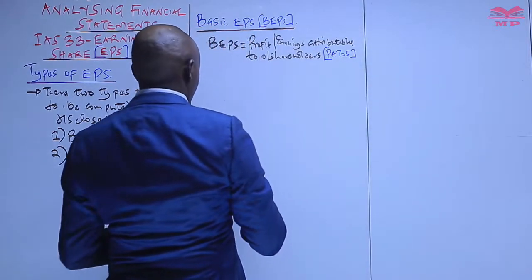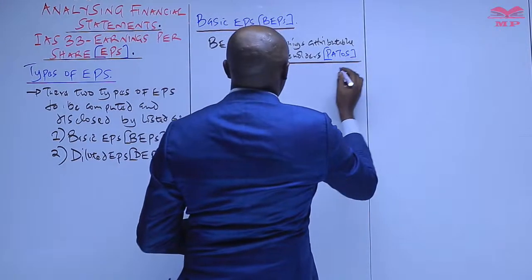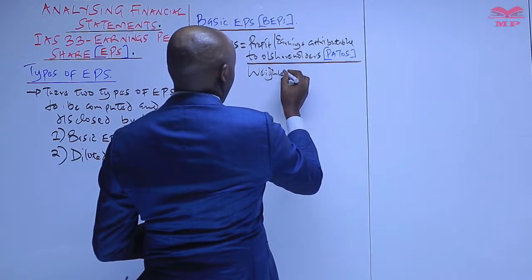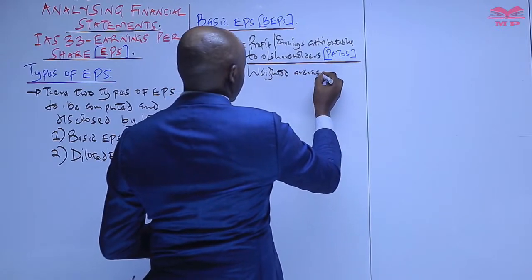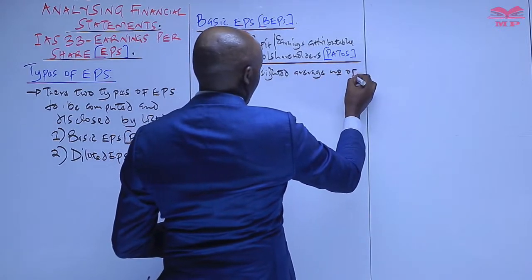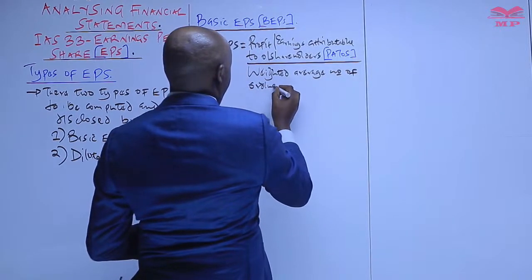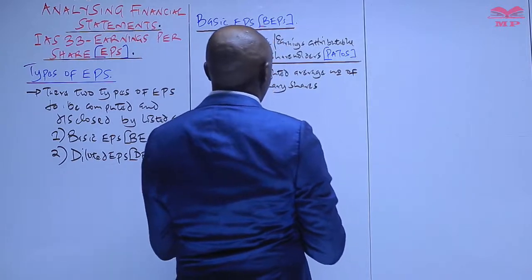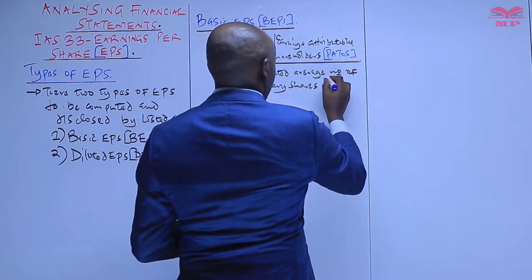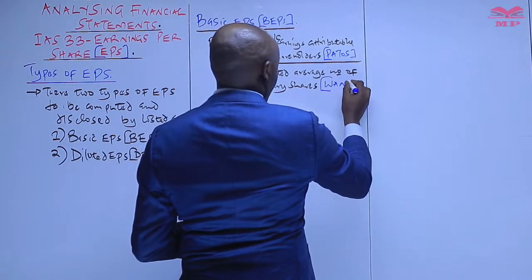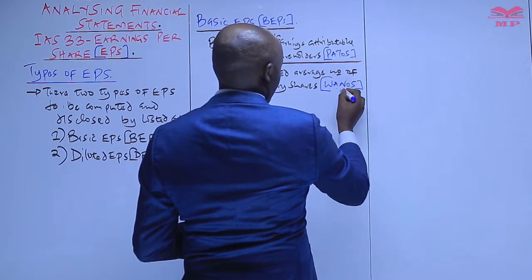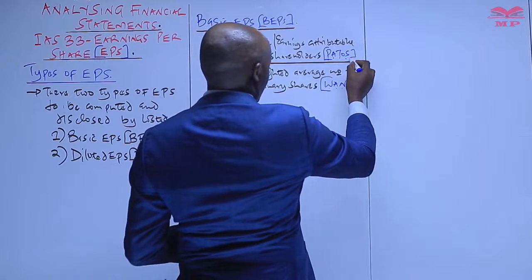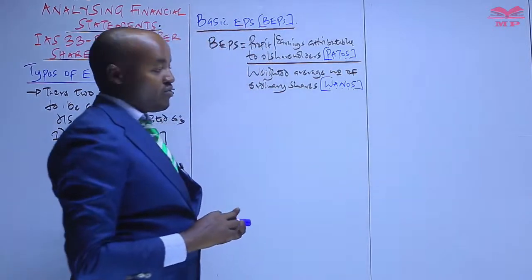And then we divide that by the weighted average number of ordinary shares, which equally is abbreviated as WANOS. WANOS is for weighted average number of ordinary shares, and PATOS is for profit attributable to ordinary shareholders. So that's how we compute the